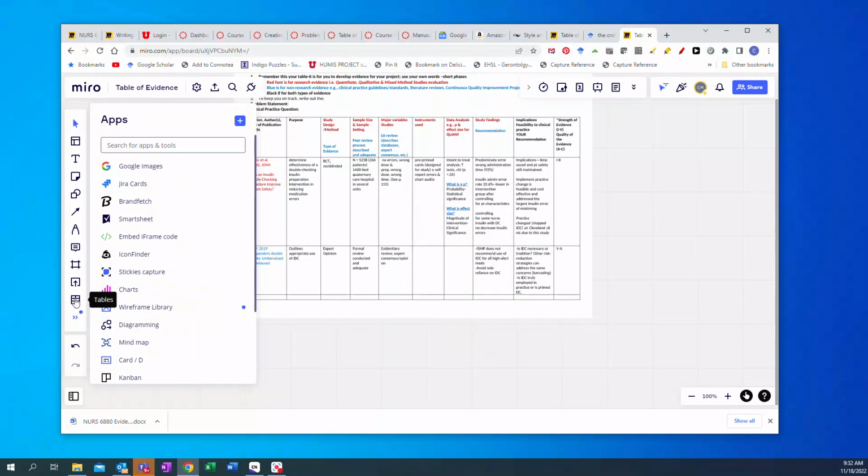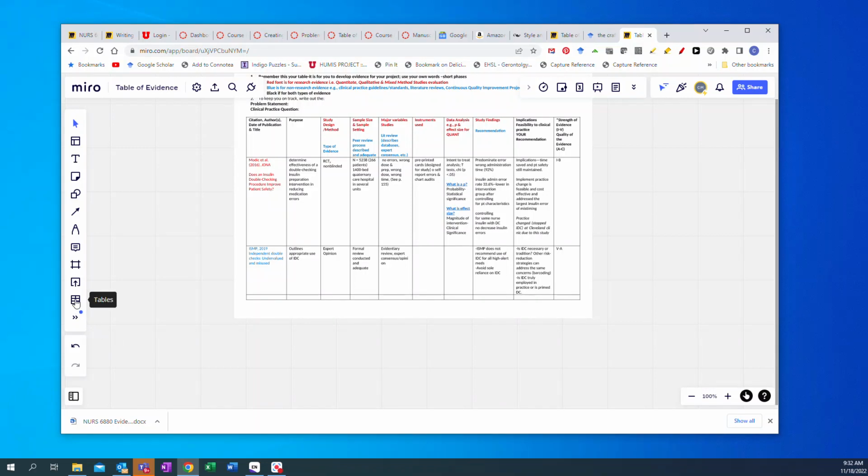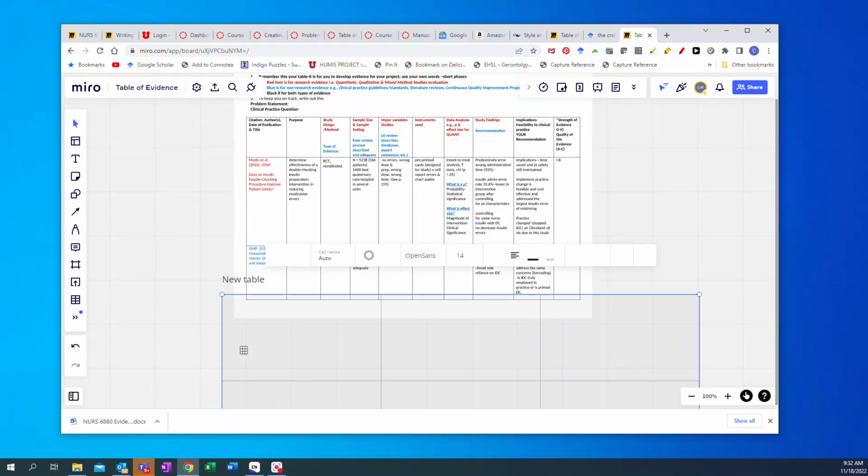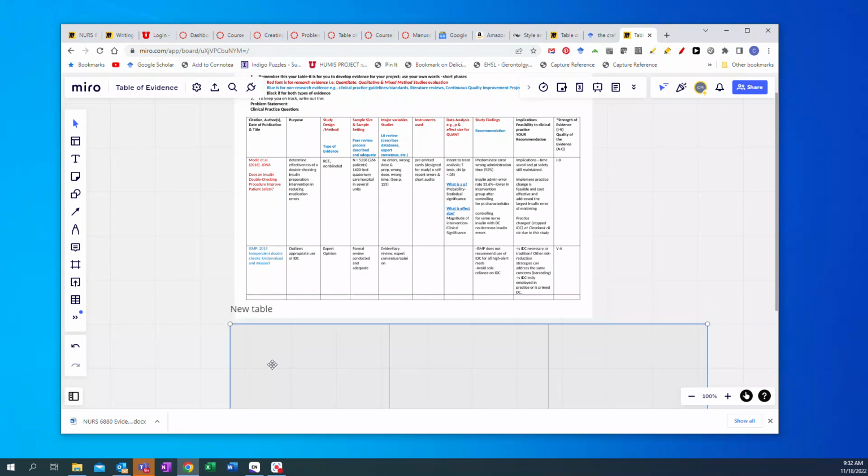And you'll see that I have put tables over here where I can get to them easily, but you don't have to. You can just click on the little arrows and go find the one you want. But to make a new table, I'm just going to click on tables and click down here in the bottom,